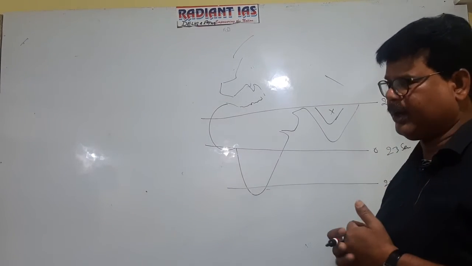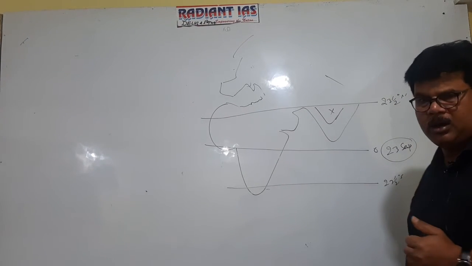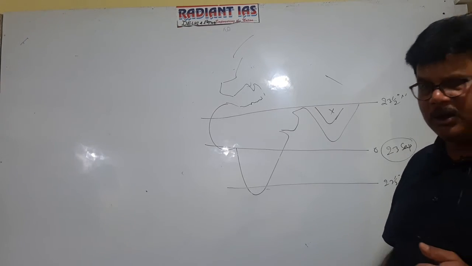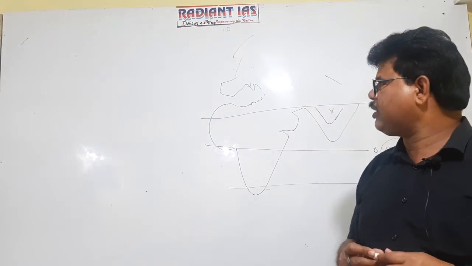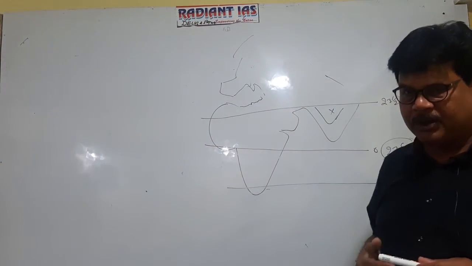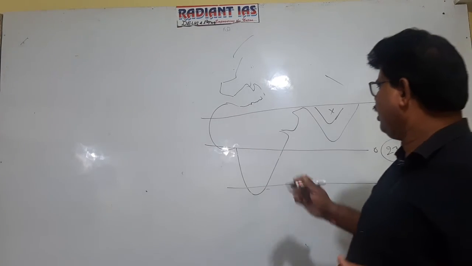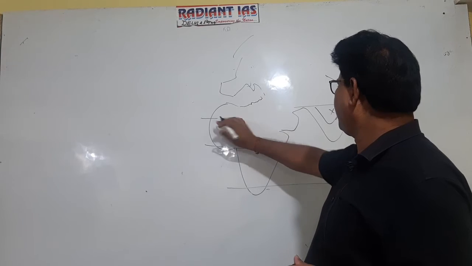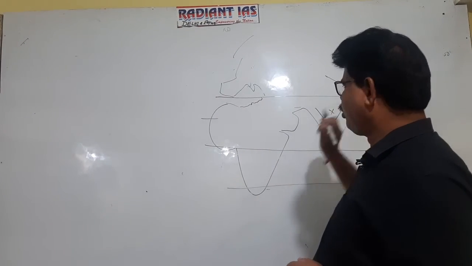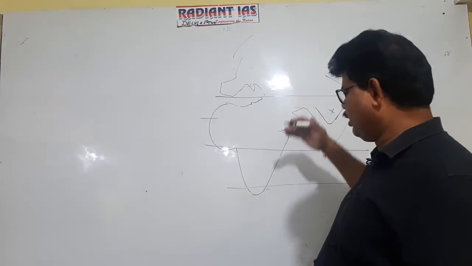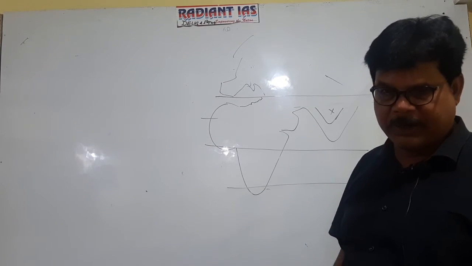You see, very important aspect. After 23rd September, what happened? After 23rd September, there occurs southward shifting of the sun. When southward shifting of the sun occurs, it is better to draw it in this way, right? Then the entire pressure belt along with the sun shifts in the southward direction.